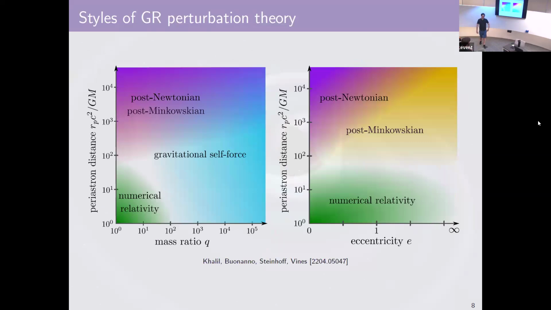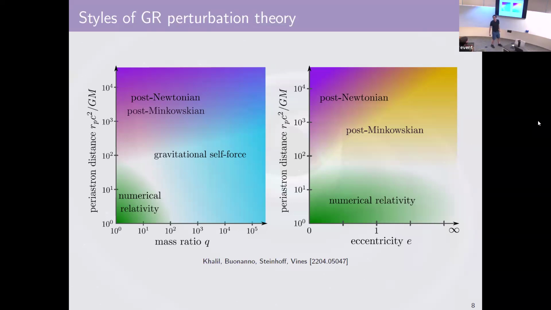Now, why do we need all these different analytic approximations? Well, they cover very different areas in parameter space. We have a couple of comparisons between mass ratio, periastron distances, and eccentricity. We can see that self-force is very good, as we might expect, where there's a large mass ratio, where it's very much true that there's one big body, and that big body doesn't feel the small body that much, but you really care about the small body motion. Versus post-Newtonian and post-Minkowskian, which are much better for equal or equivalent mass objects.